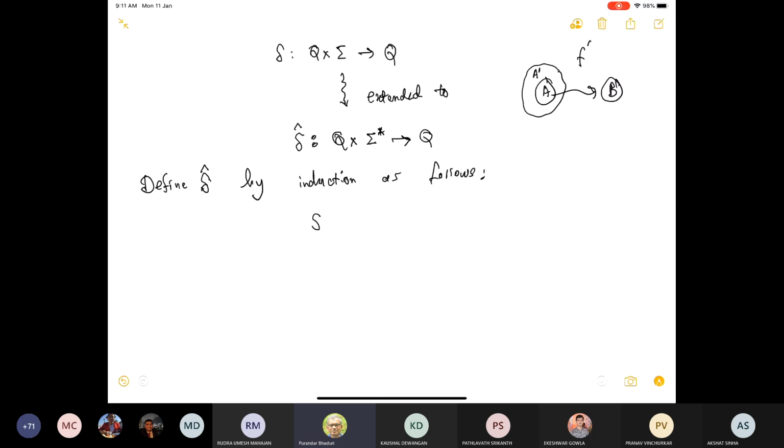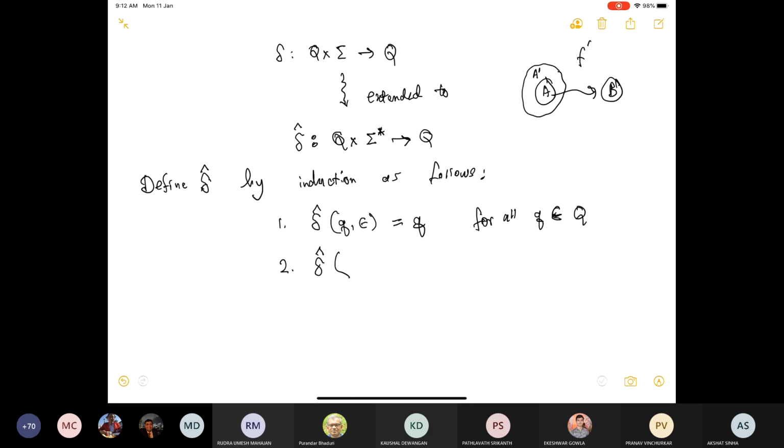So delta hat of any state Q and the empty string just gives you that state Q, right? And this is for all Q in the set of states Q. So that's the basis. And then delta hat